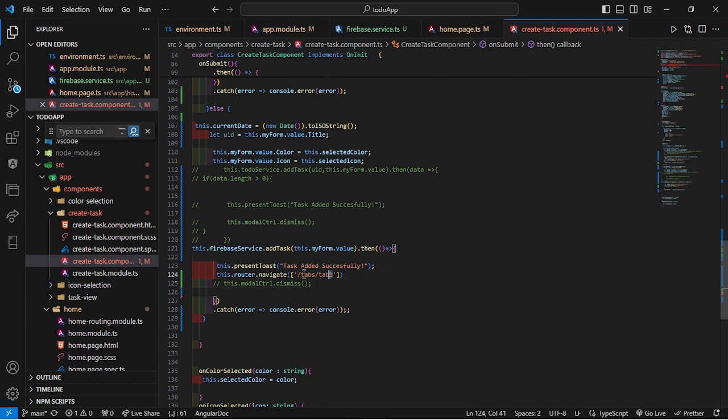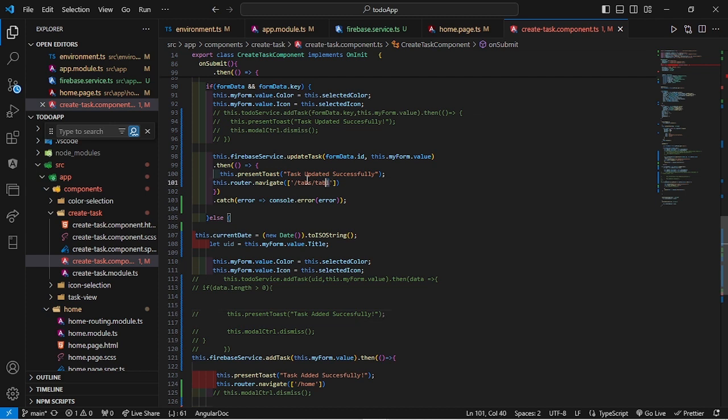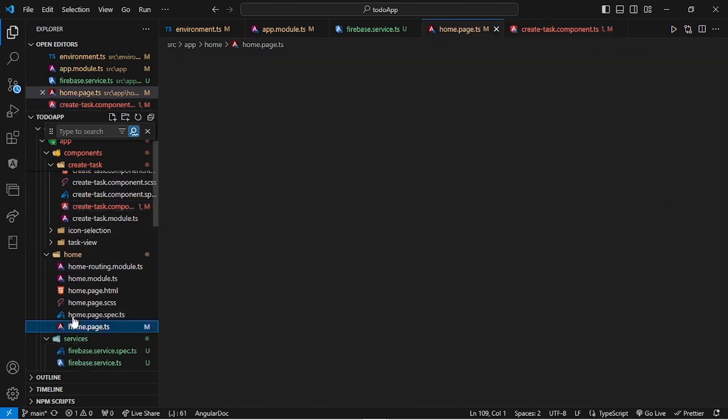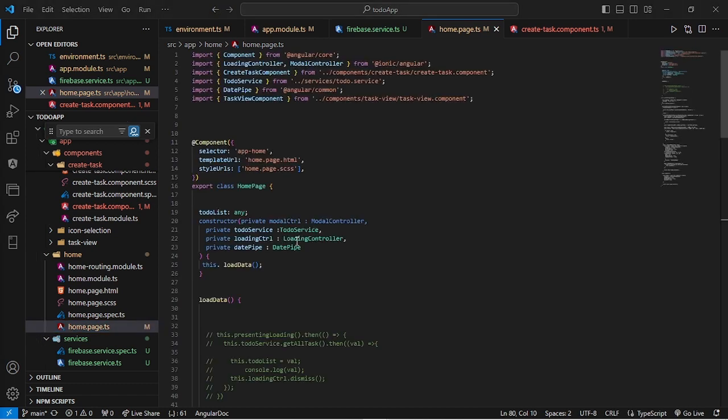The problem that I have is here. I was supposed to go to the home. Let's say home. Yeah, even here I've done some mistakes, so I'll say home. Good stuff. Now we can go to our home and try to do that. It's the same process as this one, and then maybe we'll try to remove